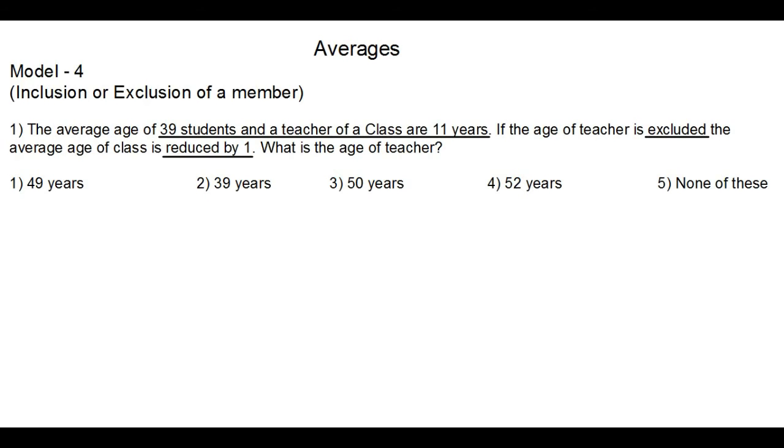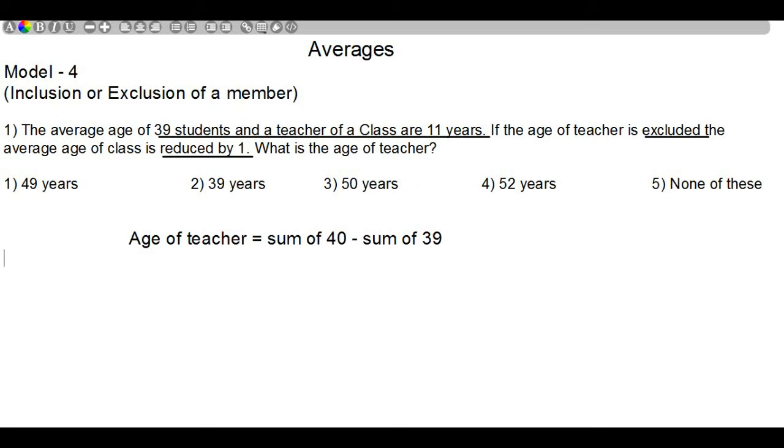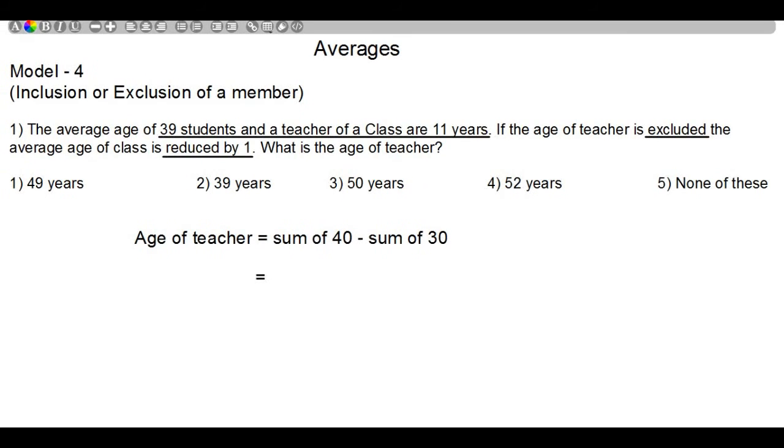Now one method of solving the problem here is, the age of the teacher can be taken as the difference between the sum of the ages of all the 40 persons minus the sum of the ages of 39 persons. So the teacher's age is the sum of all the 40 persons initially minus the sum of all the 39 persons after the teacher has left. Now we know that the average of 40 persons is 11 years. So their sum can be taken as 40 into 11, minus